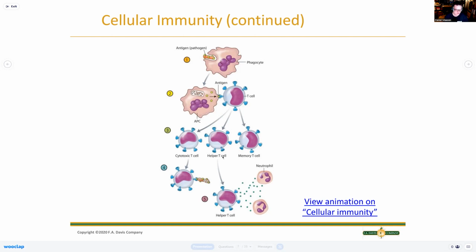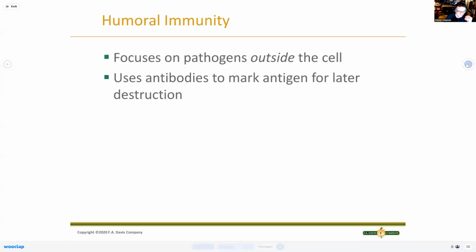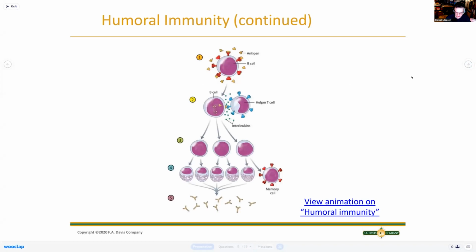So we switch over to humoral immunity and look at that, right? Again, it focuses on stuff outside the cell, focuses on antibodies to mark an antigen for destruction by other cells. That's the goal. Antibodies slap to an antigen and they're just saying, hey, this is time for destruction, right? So, big thing there is that B cells